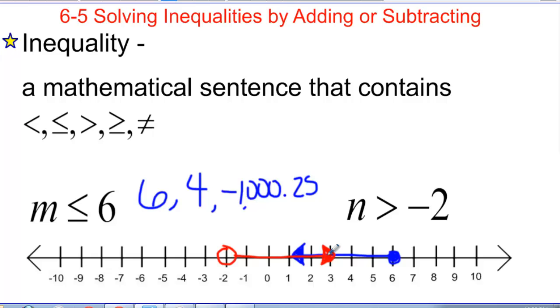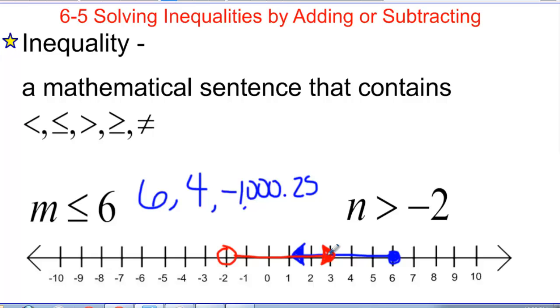And then we have to think about which direction to put your arrow in. You have to think about what numbers are solutions to that inequality, and then draw an arrow going towards those types of numbers. I should be able to pick any number going along my number line in the direction that the arrow is pointing,